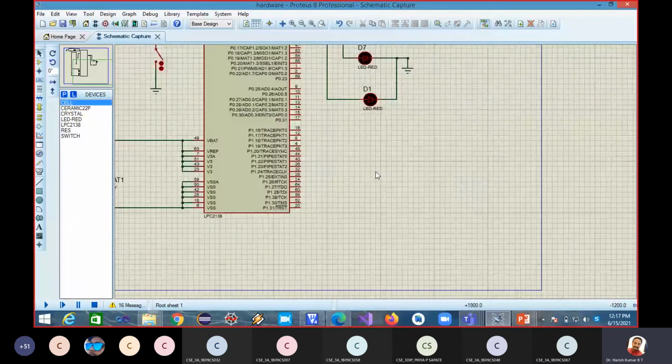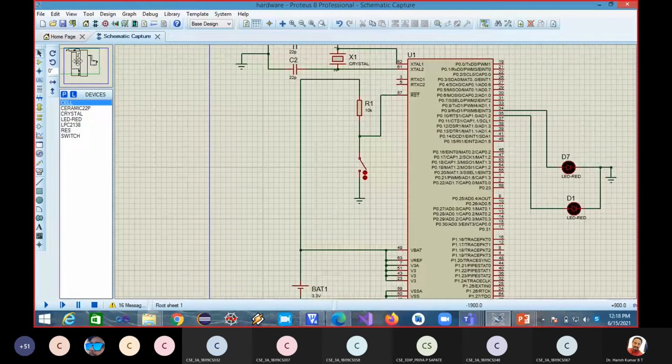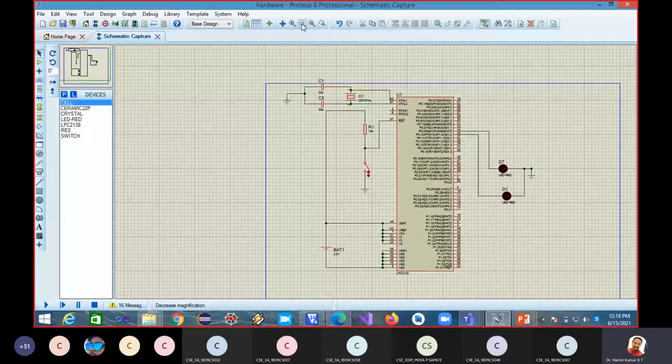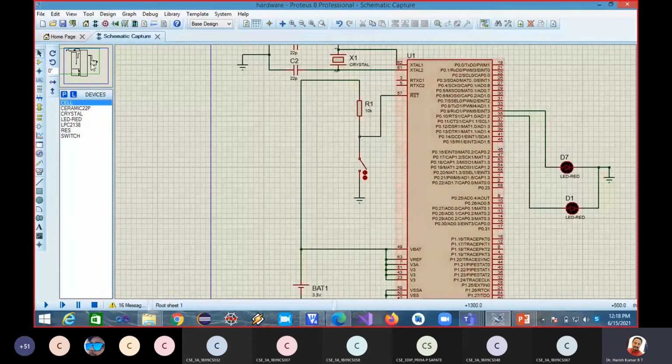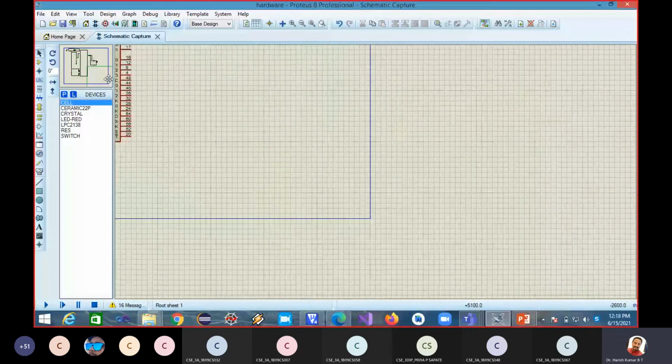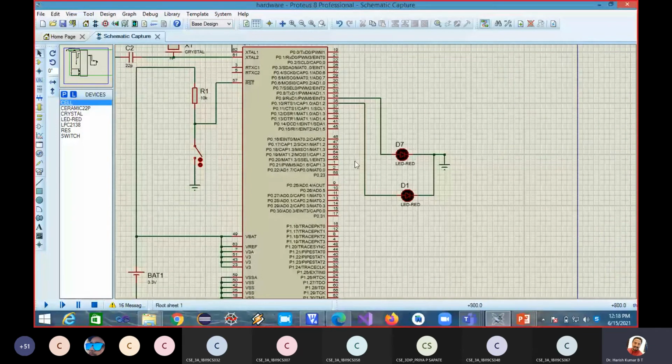So I have connected it. So one level of zooming. Okay. So this one, let me, one I have connected to, because I need to connect this. So I'll just delete this. So this one I'll connect it to P0.7. See, 0.7 is this.